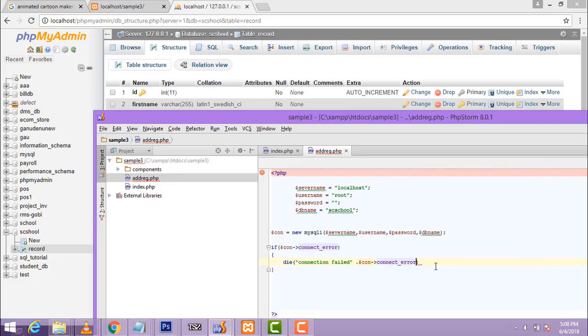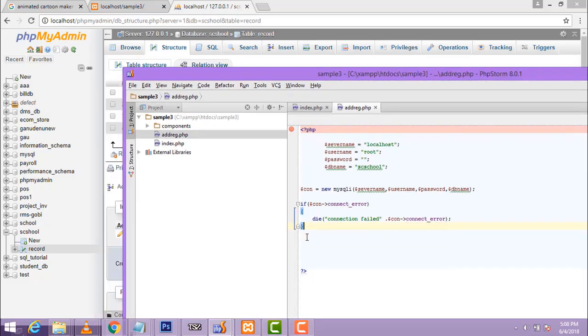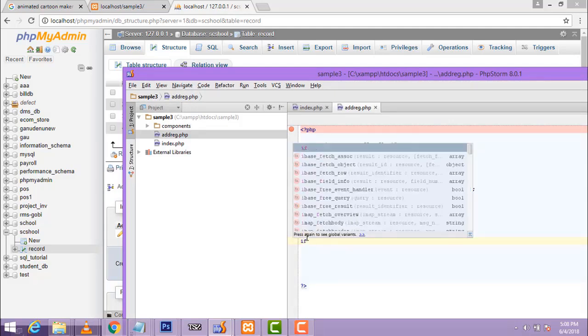Okay, here this function will be very important. If you get any error, it will throw this error. What is the error you have to get? It will be a connection error. Okay, if you don't have any errors, go here and we have to write this if